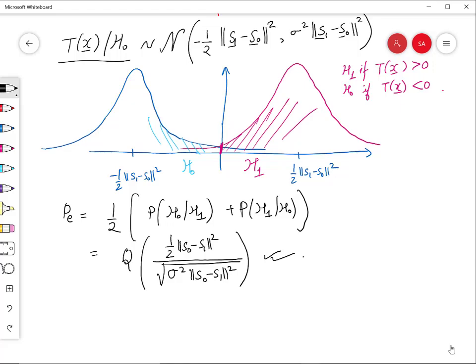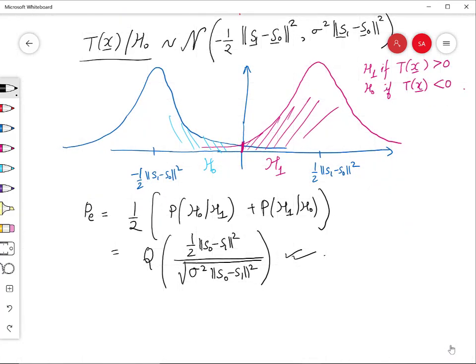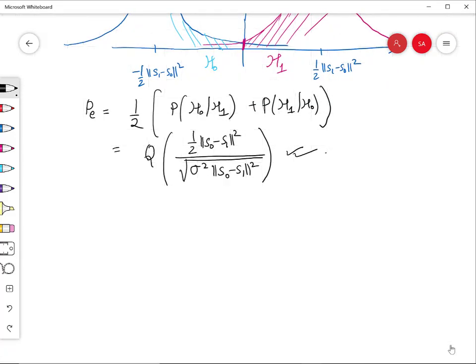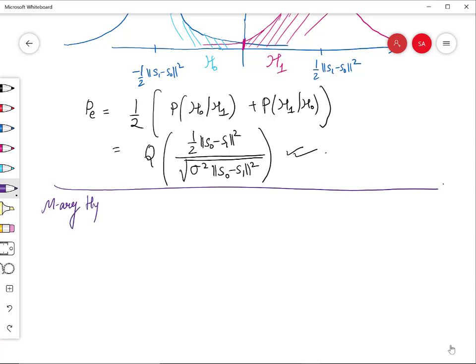So this I have talked about from the binary perspective when we are transmitting 2 bits at a time. So here the bit 0 has been transmitted with signal S0 of n, and bit 1 is transmitted with signal S1 of n. We can now extend this particular analysis to the multiple case, which is, let's say, called M-ary hypothesis testing.